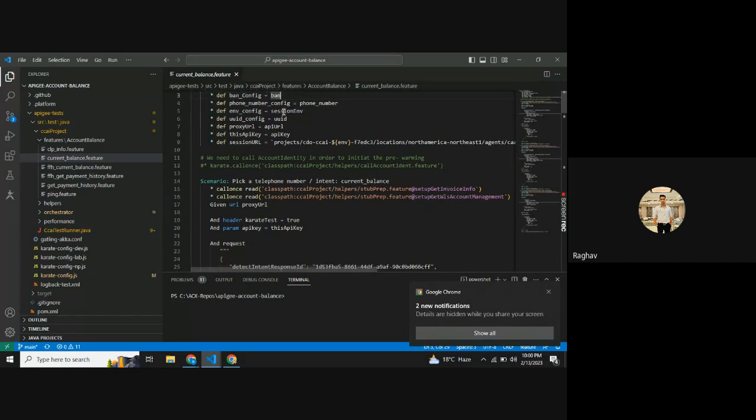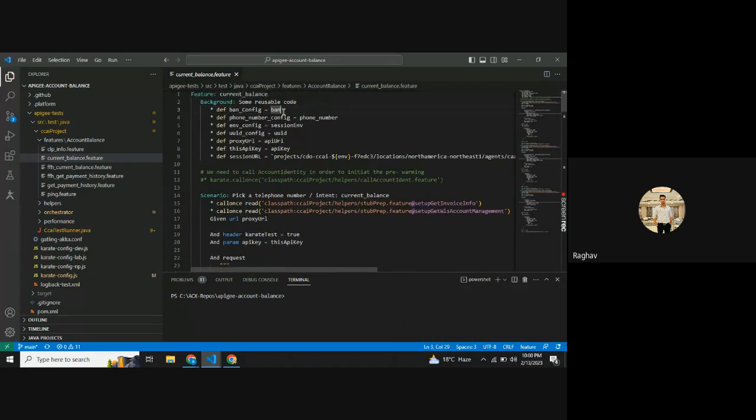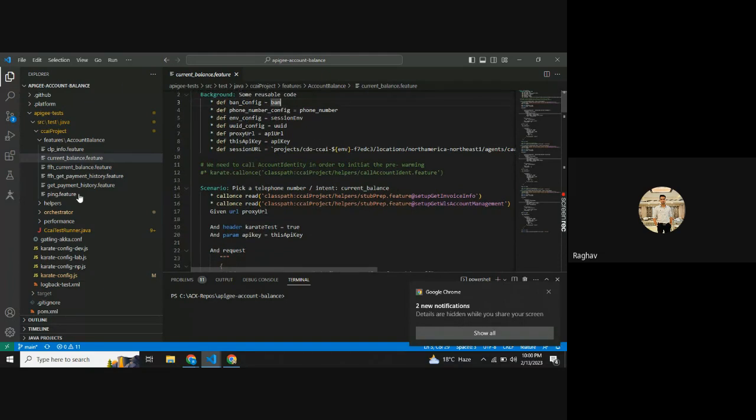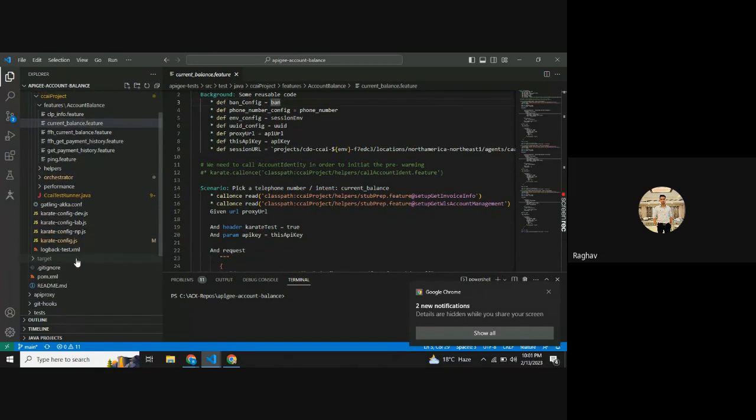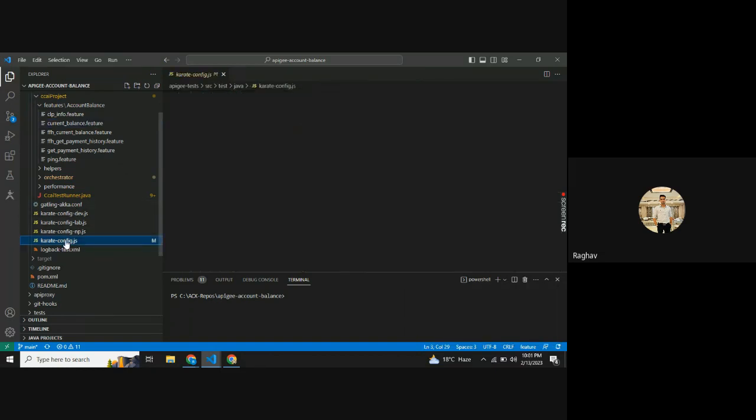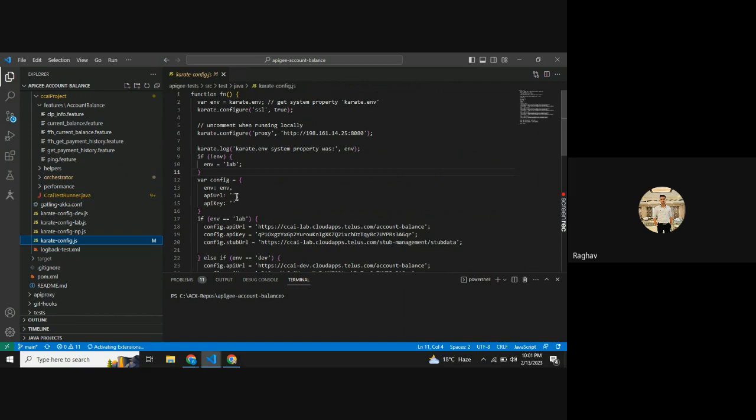Before going deep into the feature file, let me show you some configuration files. So for configuration files, I have to create a configuration file. The configuration file extension is .js. So it is like a precondition on the predefined configuration things. In the configuration file, we maintain